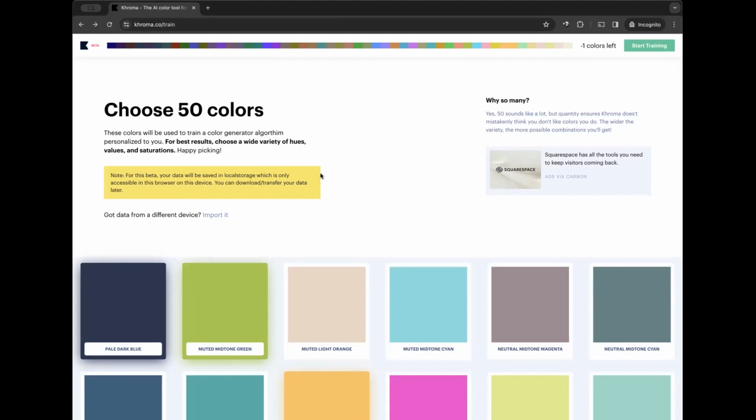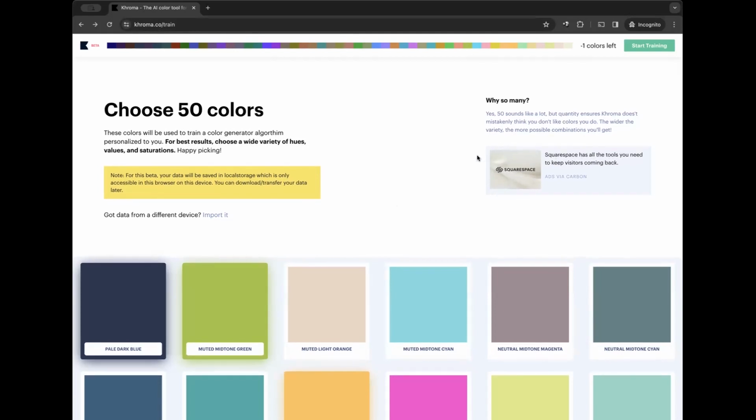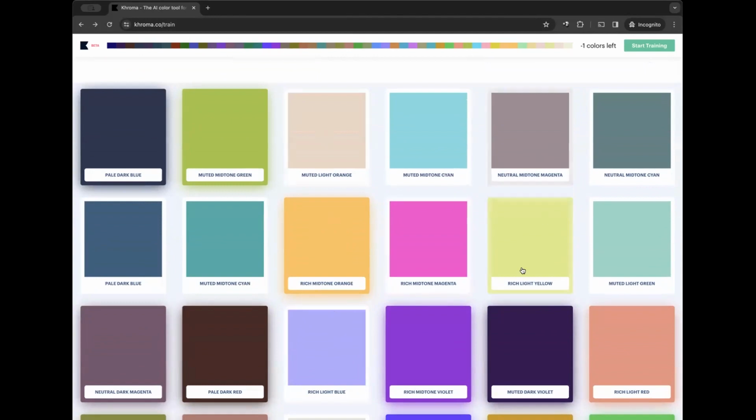We're trying to select our brand colors now. So once you open the site, this should be what you see, right? If you don't see this, it will bring up the splash page with the multiple colors, but you will see a button, a CTA, call to action button that says generate. So click on that, then it should bring you to this page that you can see on my screen currently. Then go ahead and select 50 colors. Just scroll down and select 50 colors.